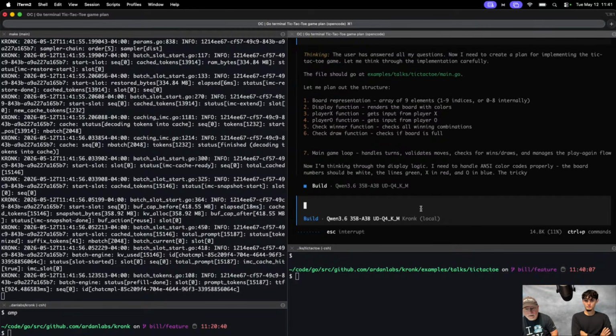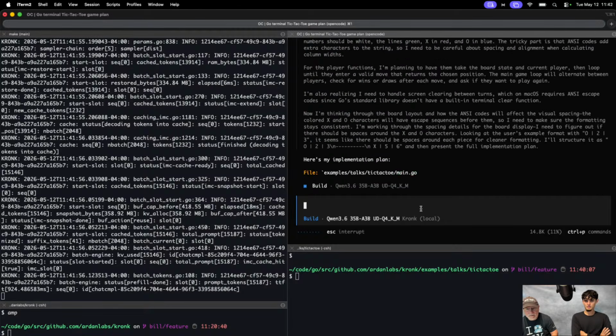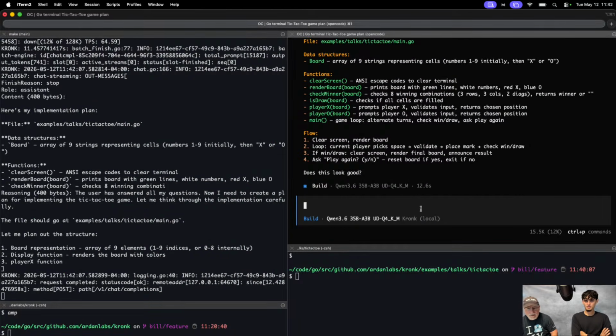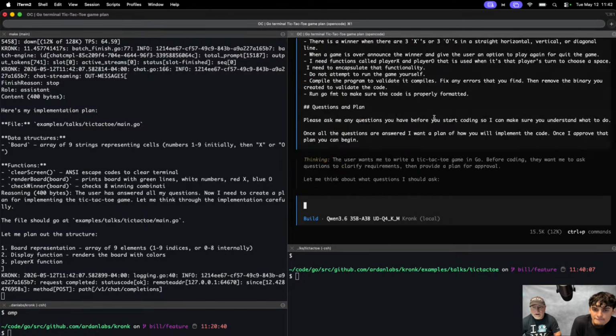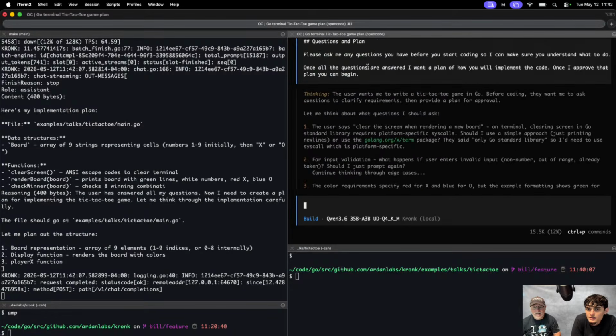Boom, boom, boom, boom. And should we see the write-Go skill come up somewhere? It hasn't tried to write yet though. I would hope it brought it in, but did it bring it in from the beginning? Because that's the question. I didn't see it.